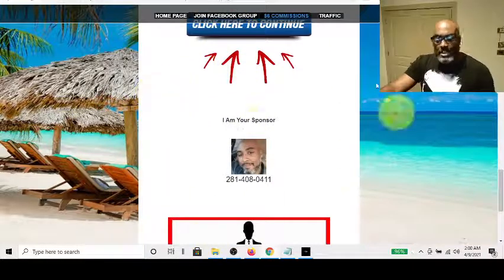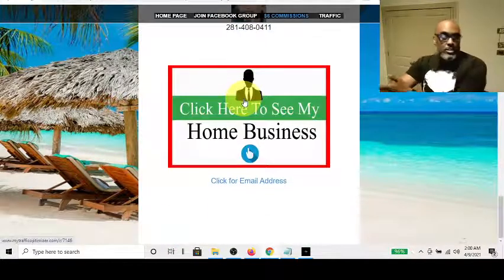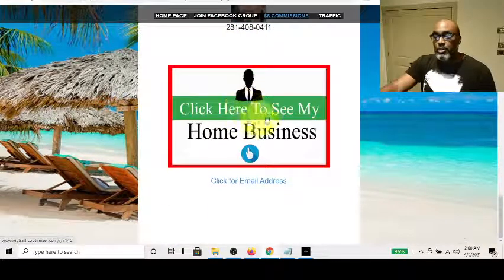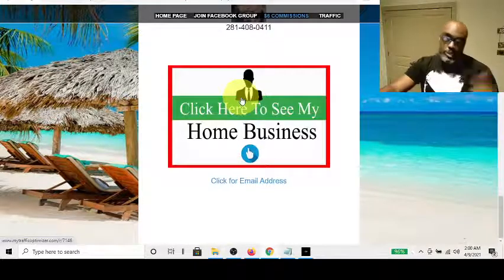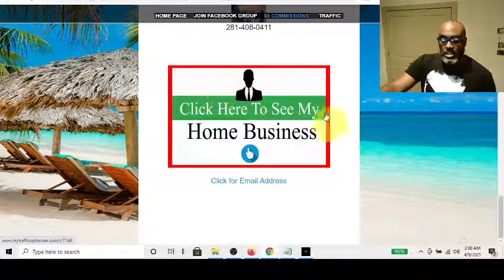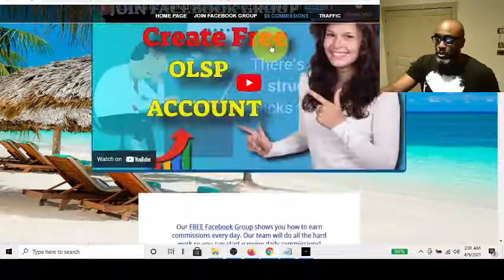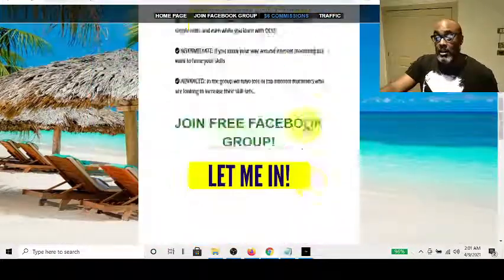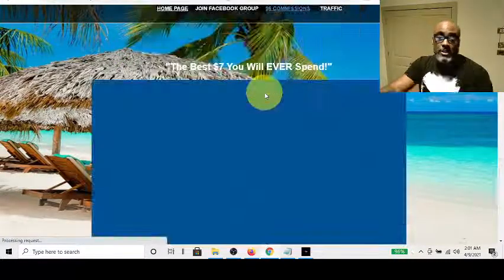And at the bottom, this will be your picture with your contact information, because using the share code, everything is coded to you. And also, this is your primary business that you, as a Power Lead system user, input in the back office. And this will allow them to click here to see your other business opportunities, right? So that's this page. Now, if we click down here, take me to the unlimited $6 commissions, that takes me